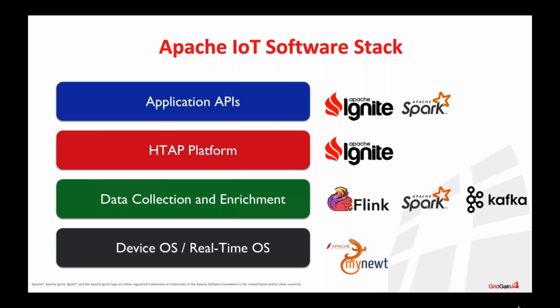And finally, if you take a look at the last layer, which is called application APIs, Apache Ignite is integrated with Spark. Apache Ignite supports so-called Spark shared RDDs, meaning that you can still keep using Spark once your data is streamed to Apache Ignite using that API. Today I will show exactly how you can use it in your application. Okay, now let's briefly review every layer and give a bit more details for every proposed technology.